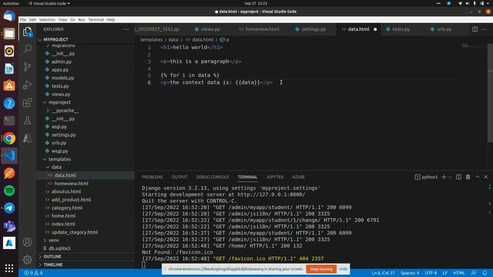If you start the Jinja logic, you have to end it as well, so end the loop, with curly braces and percentage signs, endfor. Inside the curly braces you pass i, and i is the extracted data. This is our loop, and i is the data here. Now save it and